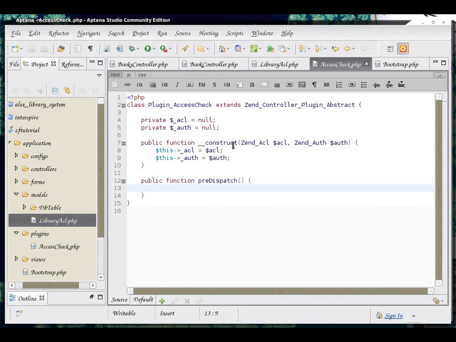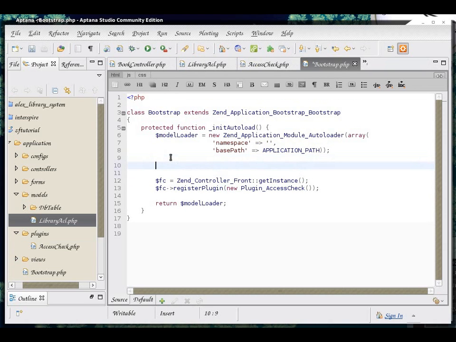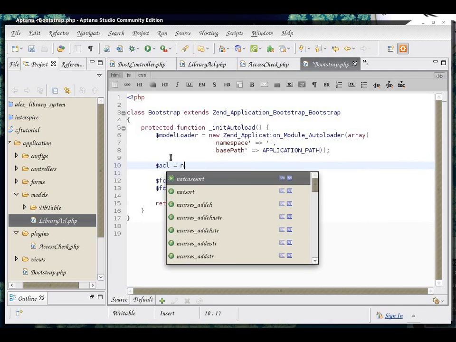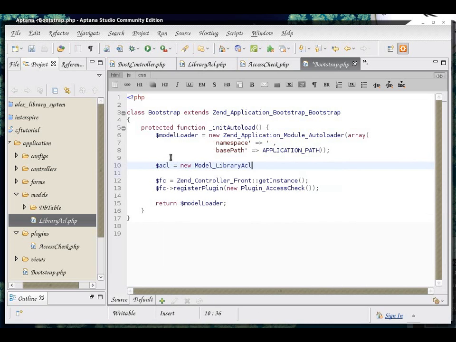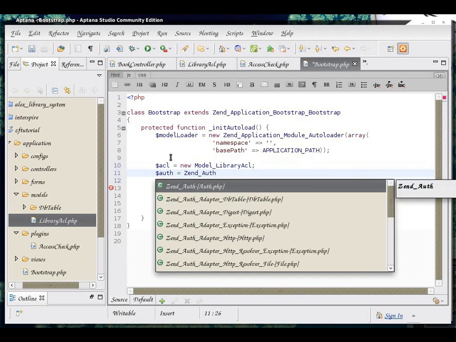To pass the parameters to the construct, we need to go back to where we're calling the plugin in the first place, which is our bootstrap file, and we're going to add the parameters here, which means that we need to get our instances prepared. So at this point we are going to create an object based on the library ACL, and we're going to need a current instance of the authentication.